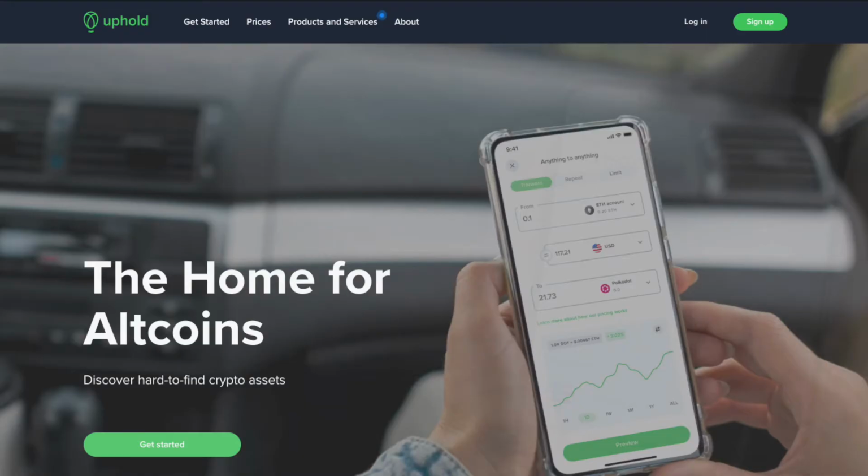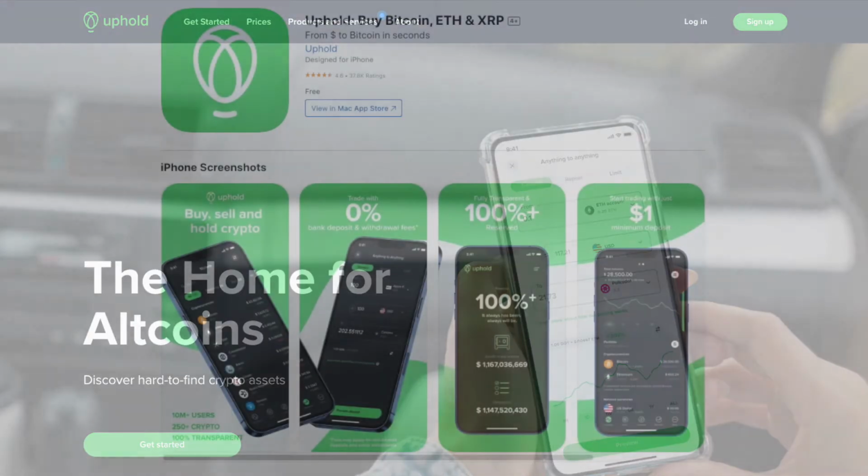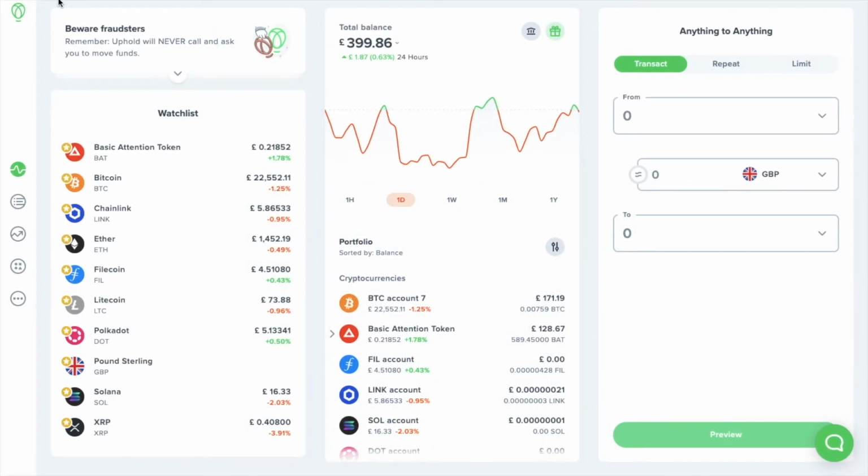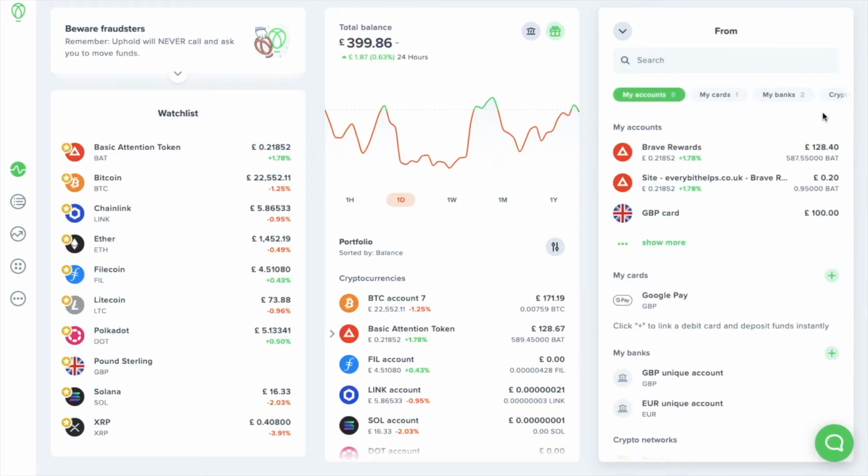For the purposes of this tutorial, I'm going to show you this all on the web platform, but the process is very similar for withdrawing on mobile instead. Once you've logged into your Uphold account, you're going to reach the portfolio page. From here, you want to head across to the Anything to Anything panel, which is on the right-hand side of the screen. From the From drop-down, under My Accounts, select the cryptocurrency account that you want to sell and